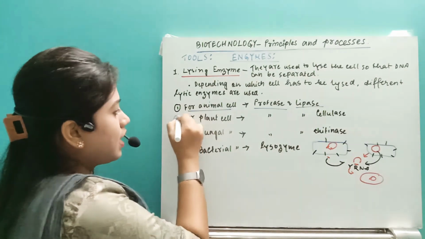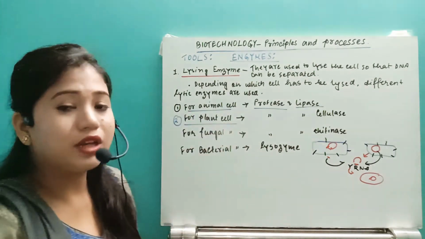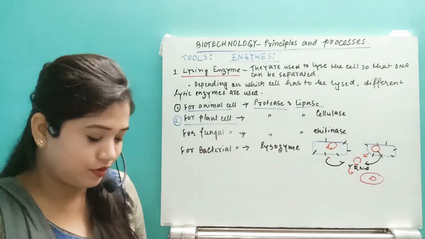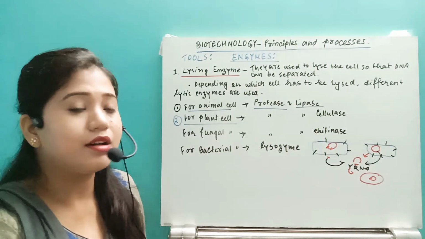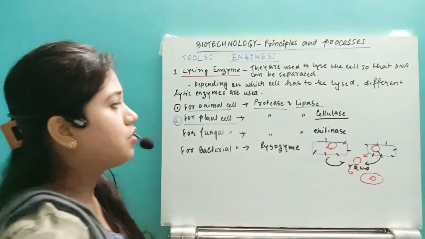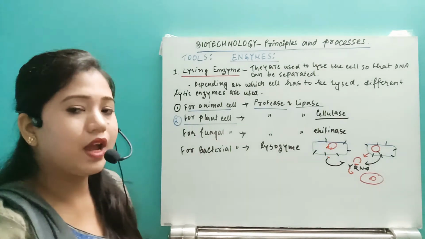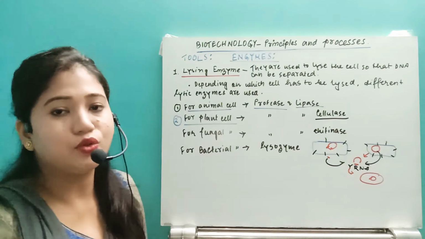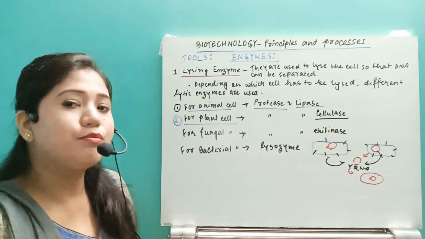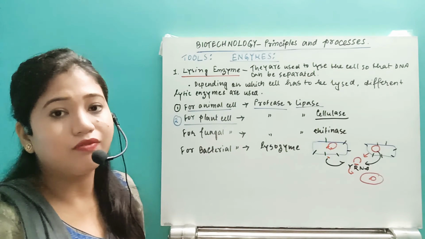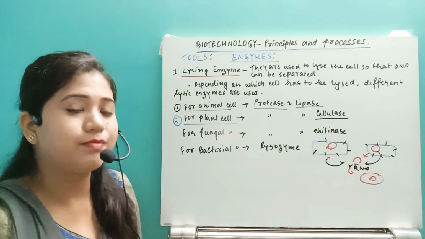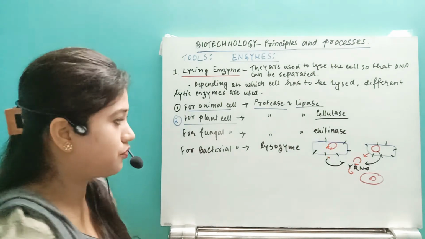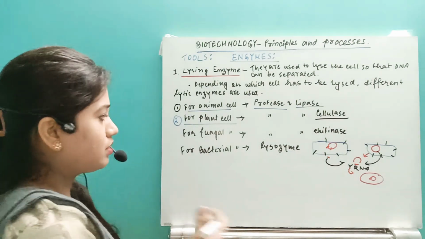Second one, what we have for the plant cell: we know that in case of the plant, they have one additional cell wall which is made up of cellulose. So cellulose will be broken down by the cellulase enzyme, right? So along with that, they will require the protease, then lipase, and along with that they will require the cellulase enzyme also, so that both the cell wall and the plasma membrane can be broken, and we can get the desired gene fragment from the chromosome or from that DNA.